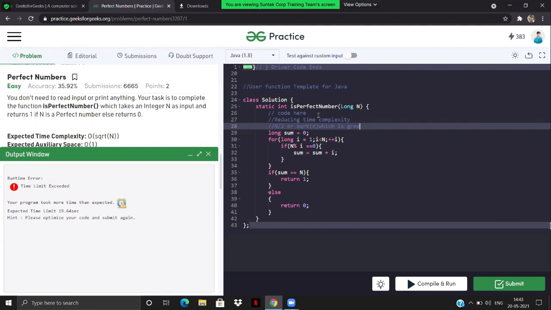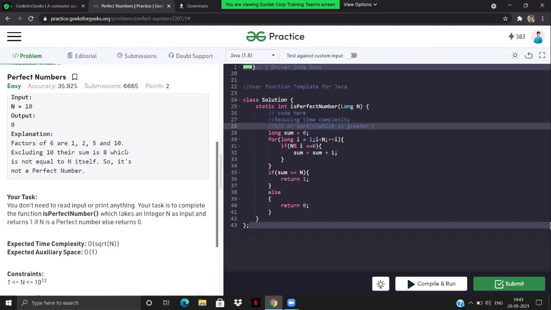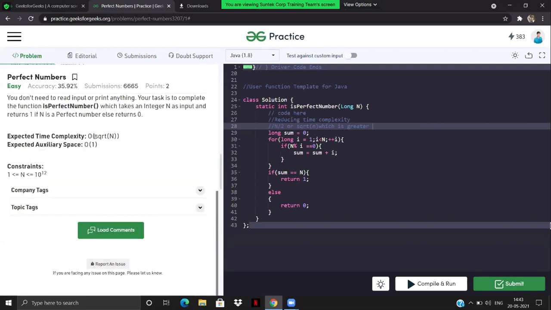So if n by 2 is the greater one, we don't want n by 2, right? We want square root of n time complexity. It's perfectly mentioned over here that the time complexity is supposed to be square root of n. How should we achieve this?